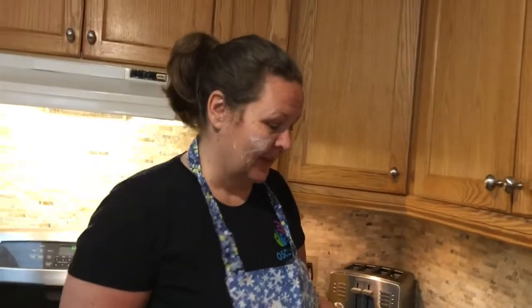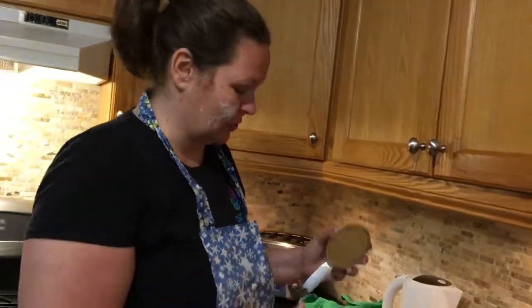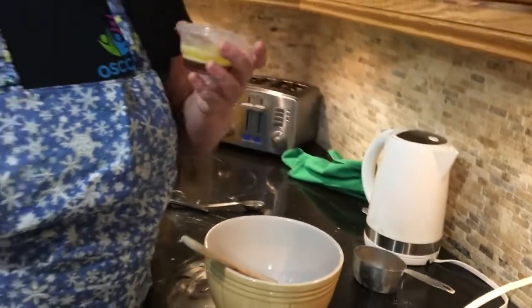Okay, so now we're going to make the yummy part of the butter tart, which is the filling. We're going to take 1 cup of brown sugar, packed brown sugar. In here, I have a tablespoon of butter that's been melted, and just be careful with whatever recipe you use,